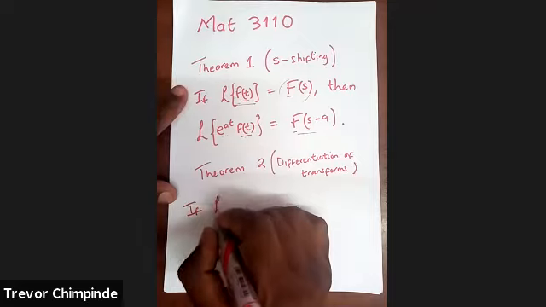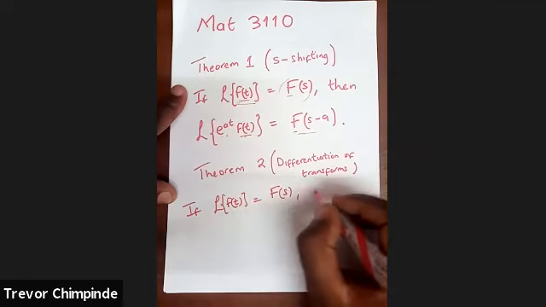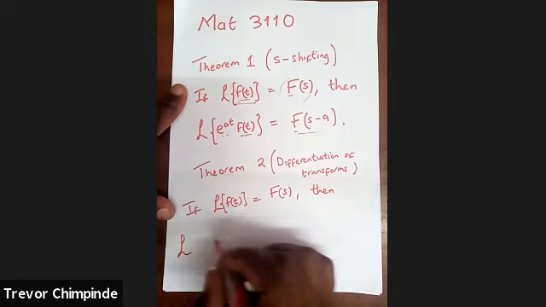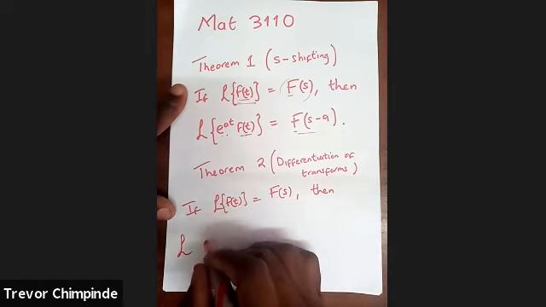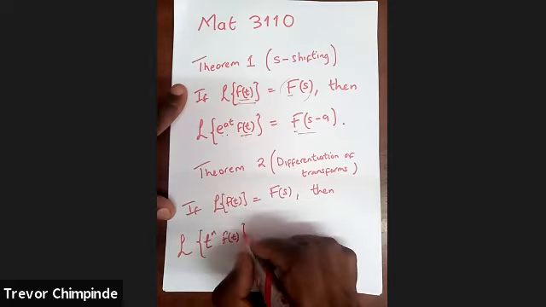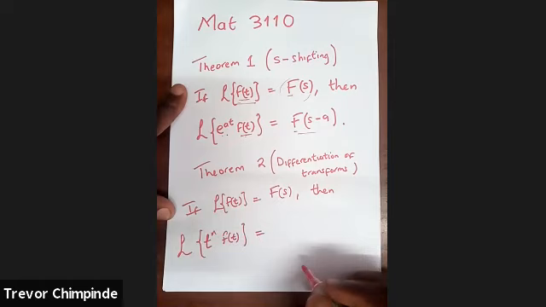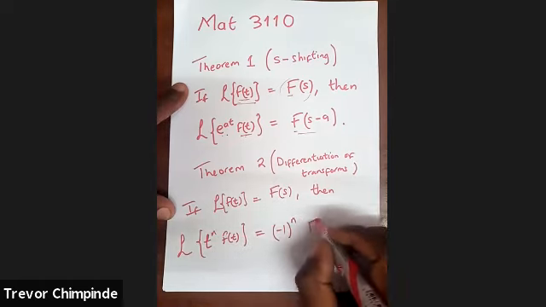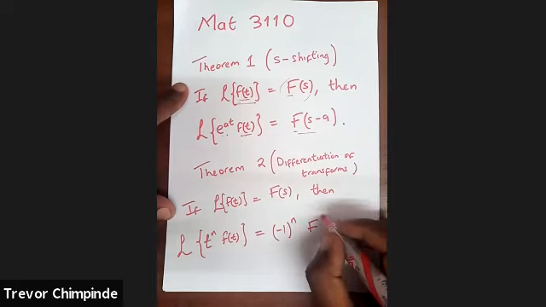So similarly, if the Laplace of f of t is capital F of s, then if you multiply this function by t to the n, f of t like this, then the Laplace of this is -1 to the n, and then the n-th derivative